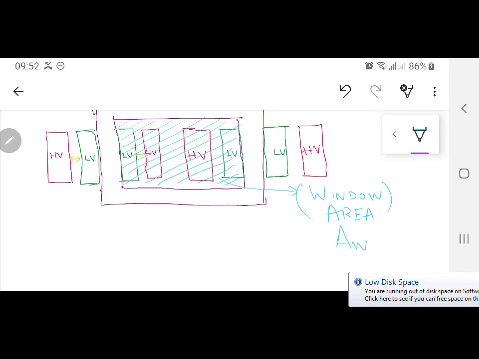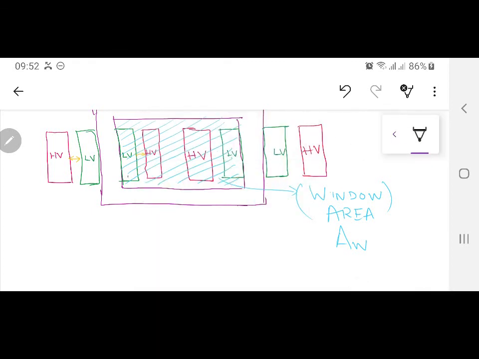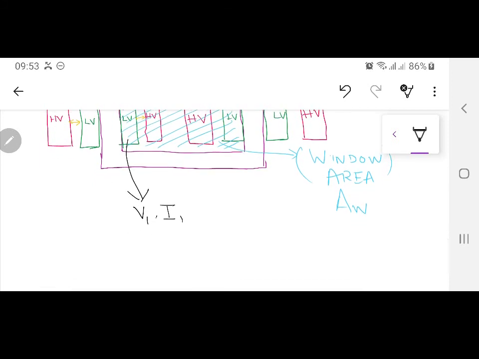Now, before I go on towards the main proof, some important things over there. When I'm using the word low voltage, I am going to use the subscript V1, and the current flowing inside that winding is certainly going to be I1, and corresponding to that I1, I am going to select delta 1. And what is delta 1? This is the current density in the low voltage conductor.